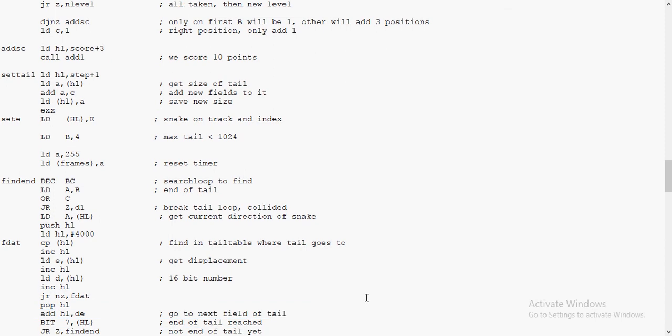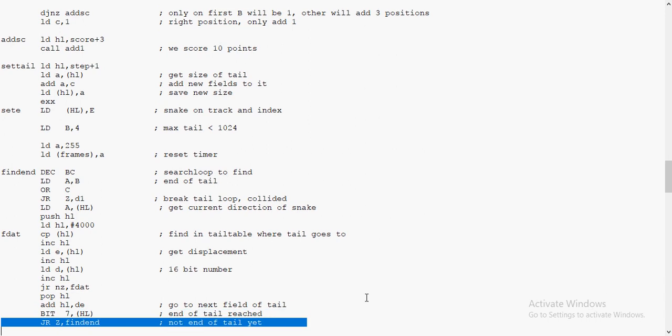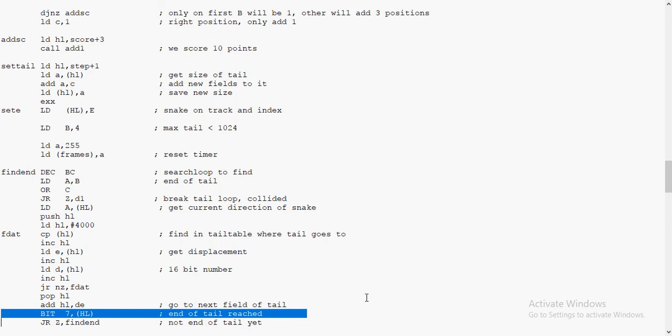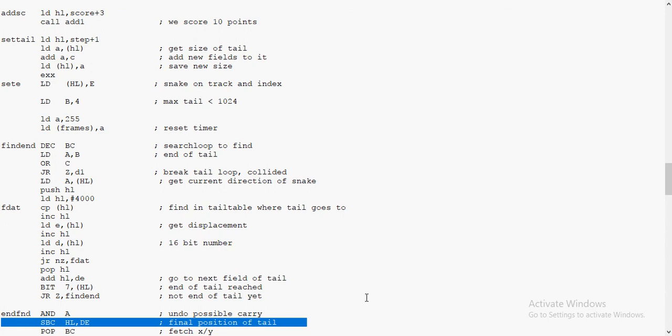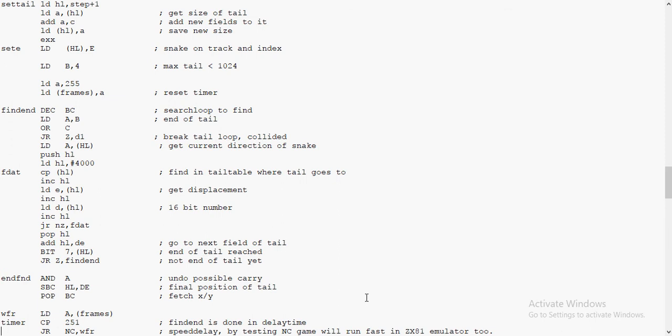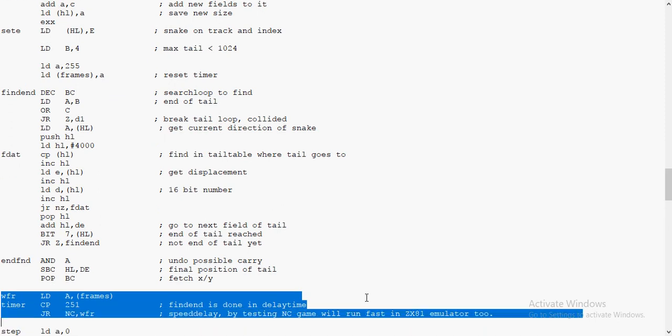Next check to do is, did we find the end of the tail? If not, we have to find the end of the tail. So at this moment the HL register indicates the end of the tail. However, this is the position beyond the end of the tail, but we need to have the last position of the tail, so we repair it back again. This is now the final position of the tail. Now we still wait a few frames just to get a good display, and if it has passed this test,